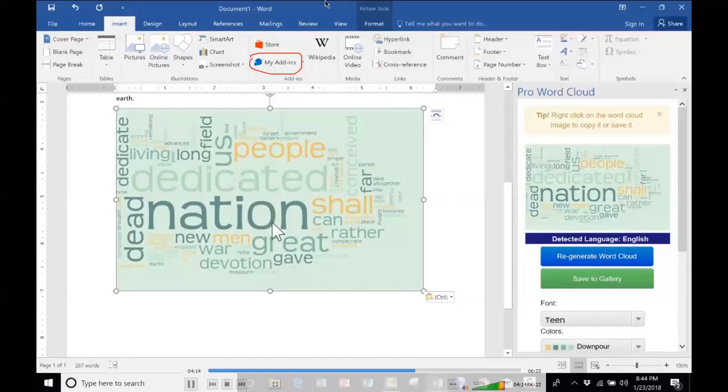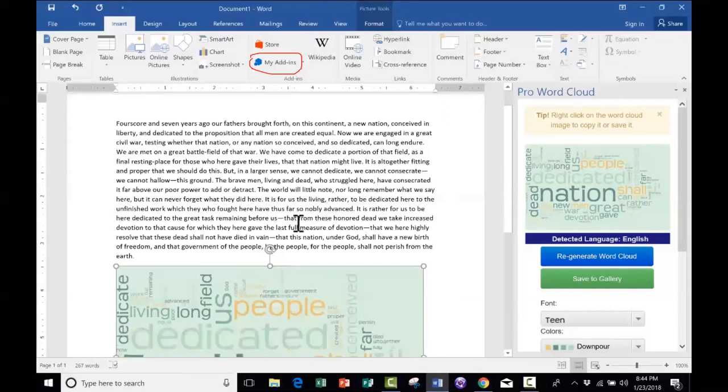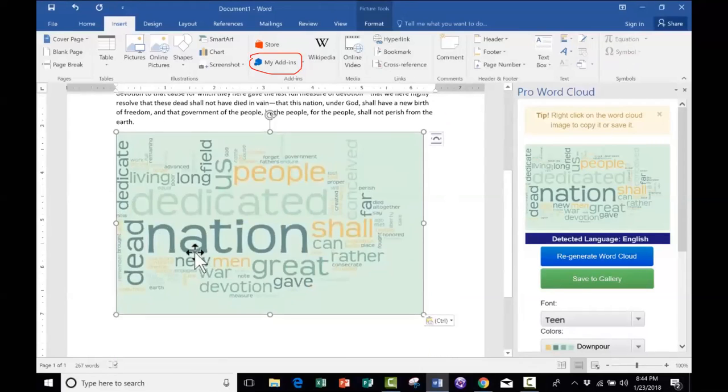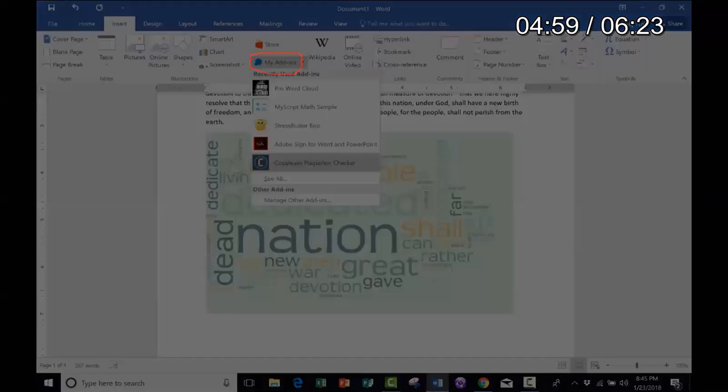Illustrate for you which words were the most commonly used words in the text. So in the Gettysburg Address, notice that the word nation is one of the most used words, as is dedicated. And that's very appropriate, that the word nation would be used the most in the Gettysburg